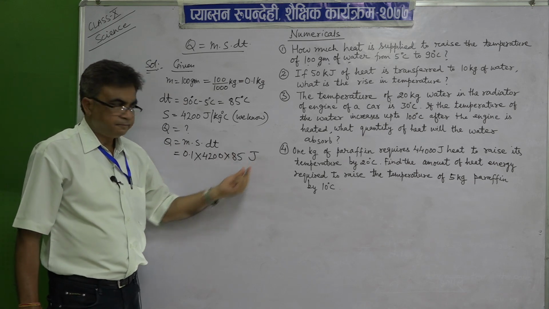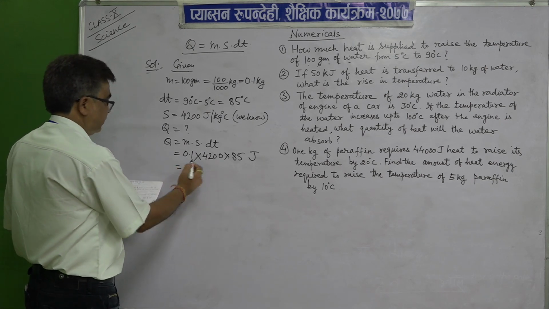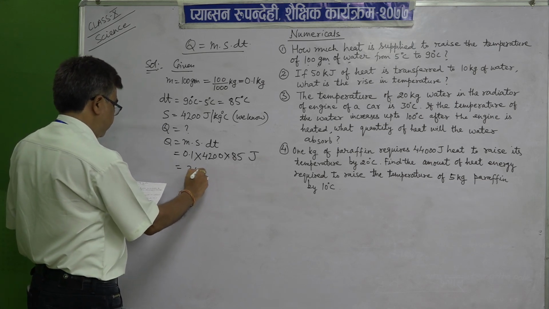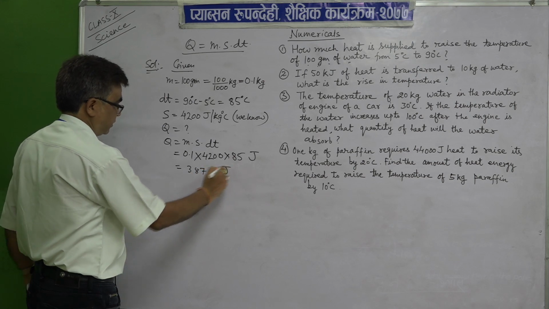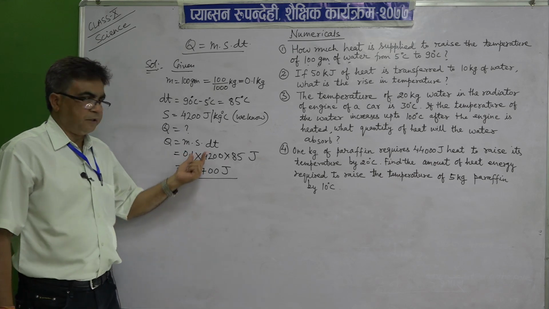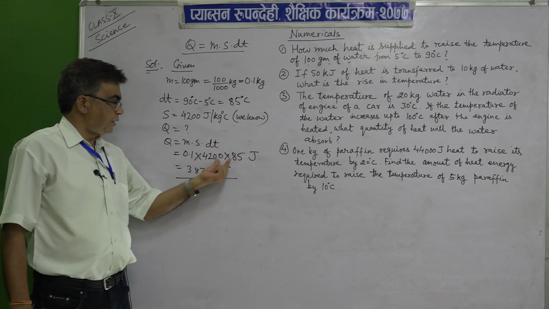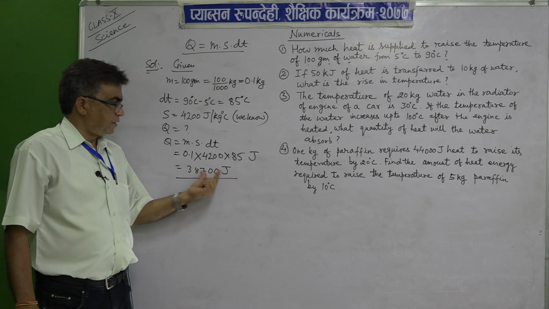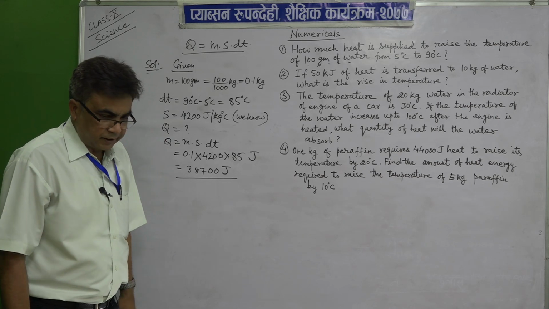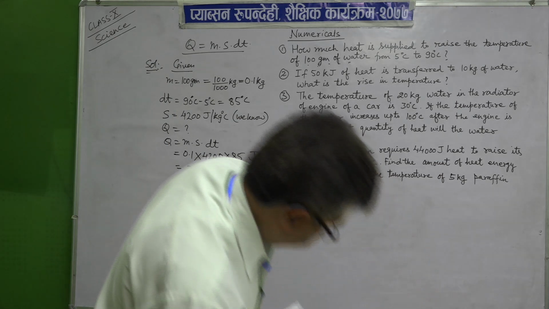That is why I am not writing the units of all these terms; for Q I am simply writing J or joules. Clear? If you multiply this, the value will come to 38700 joules. I do not think I have to show the calculation, you can do it very easily: 0.1 into 4200 into 85 comes to 38700 joules. In this way we have understood the first one. Now I will move to the second one.